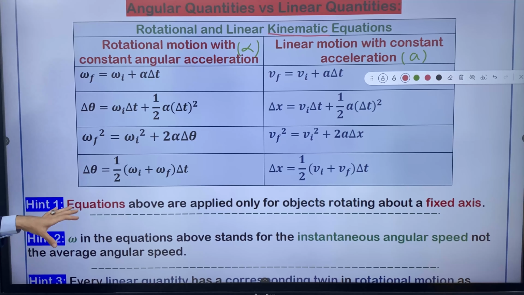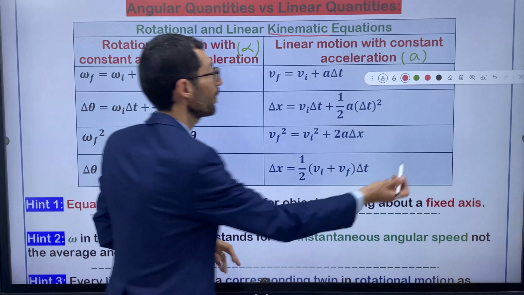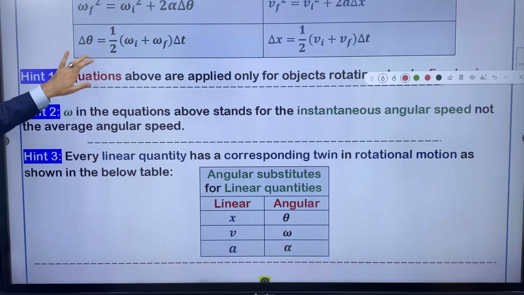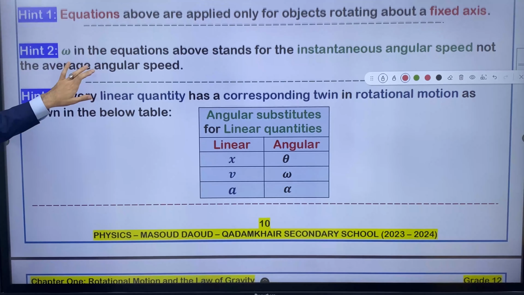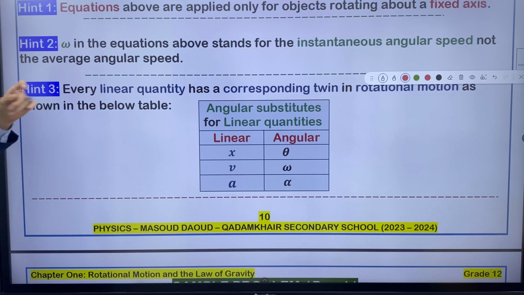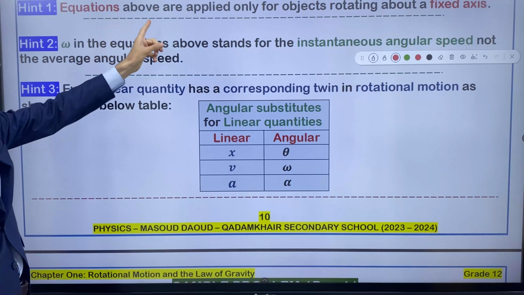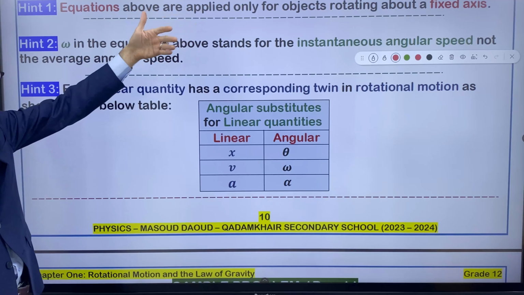I wrote some hints for you. Let me read them for you. Let me pull it up for you, for better seeing the title and the hint. Hint number 1 says: the equations we talked about are applied only for objects rotating about